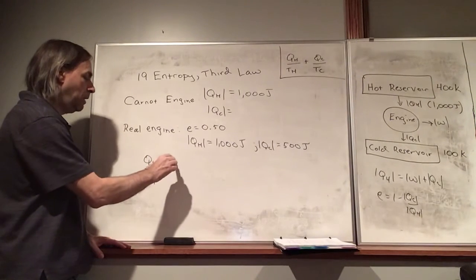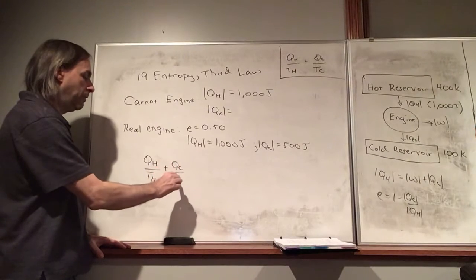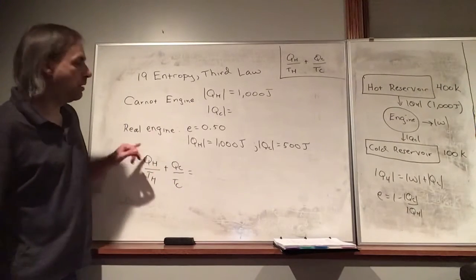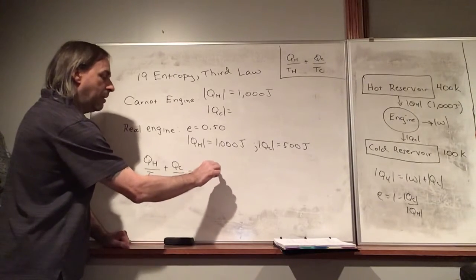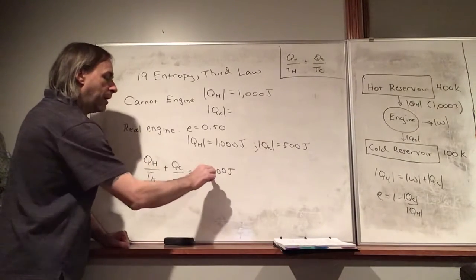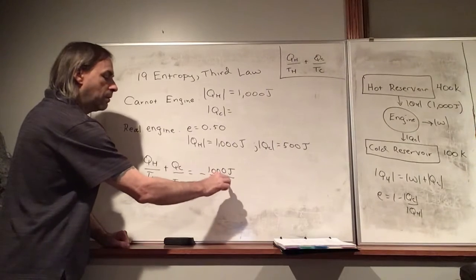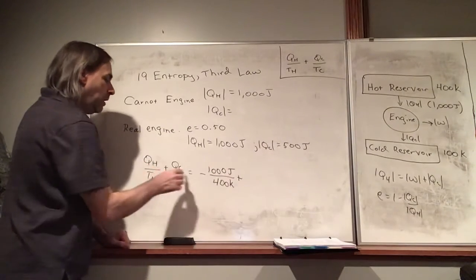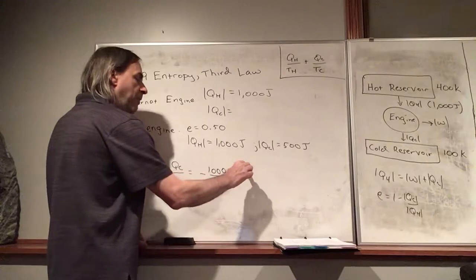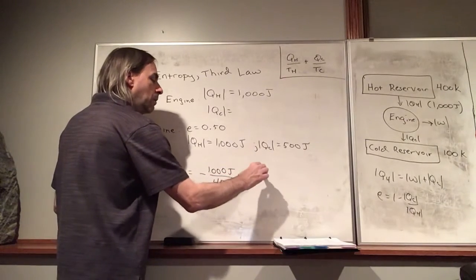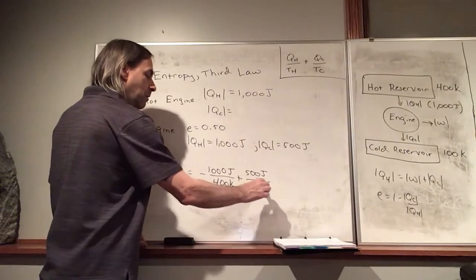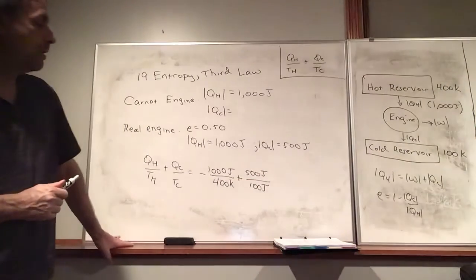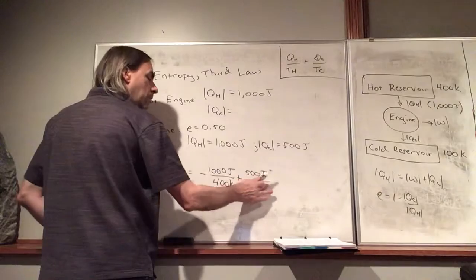Plus QC. And again, no absolute values. We're going to do this. So we have minus 1,000 joules divided by 400 Kelvin. And then QC is 500 joules divided by 100. Sorry, Kelvin, not